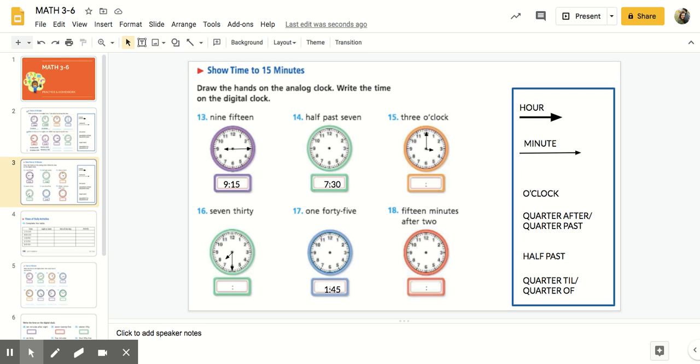All right, girls, I have filled in some information here on your slide 3. So number 13 is completed, but you're going to notice that I've put the digital times here on 14 and 17, and I'm going to draw the hands for you on 16, 15, and 18. So I'll have you plug in whatever's missing, whether it's the hands or the digital time. So for number 14, I would like you to draw your hands, and I'm going to demonstrate that here on